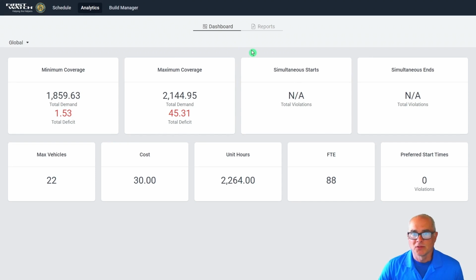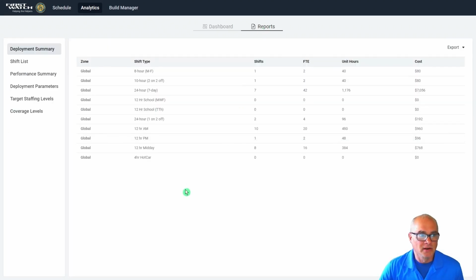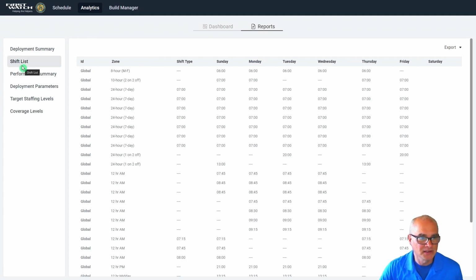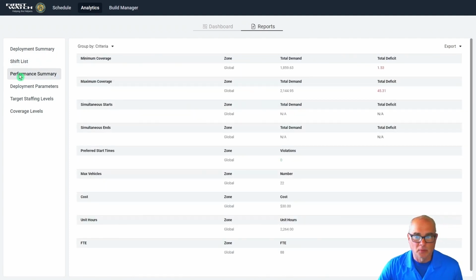Something else that I think is pretty cool with the new web-based version of Resource Planner is this report section. So I can see here my deployment summary. I can see how many of each type of shift is used, how many FTEs that equals, how many unit hours that equals, and then the total cost, which right now I have it set at $1 per shift. That's just how I have mine set. You can also see the shift list. You can see the performance summary,